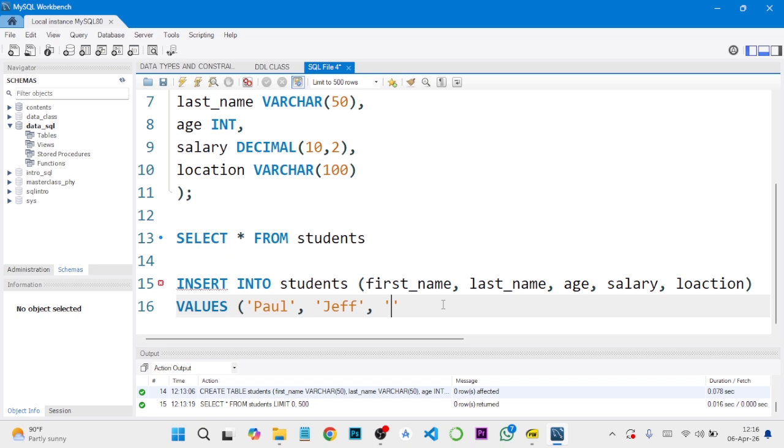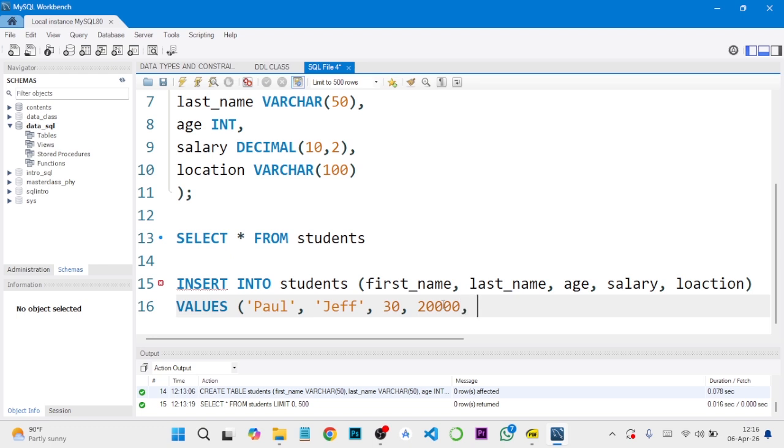But you can do it too. If you do it, it will automatically be converted to a string, like a VARCHAR. So for numbers, you just leave it like that. Let's say 30, comma, salary, let's say 20,000, comma,